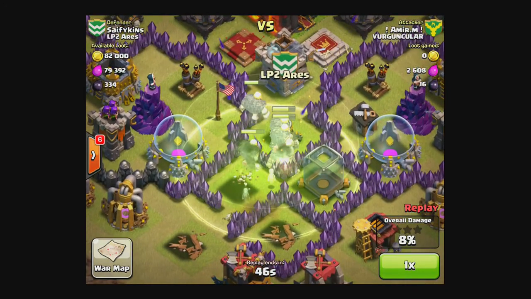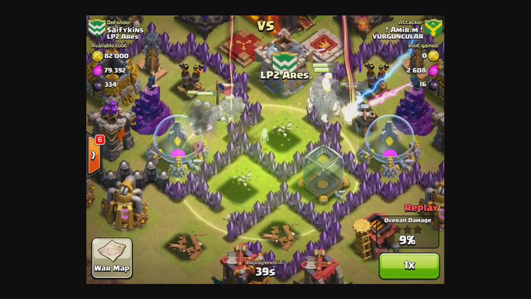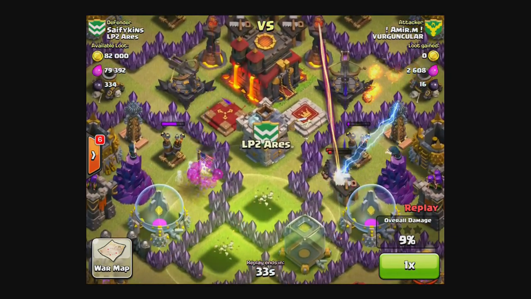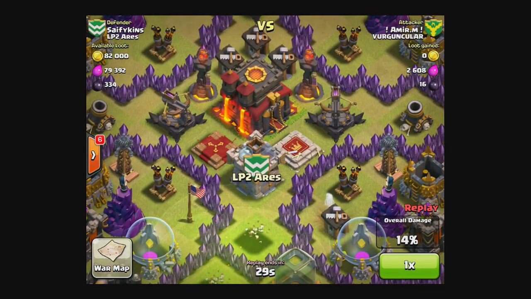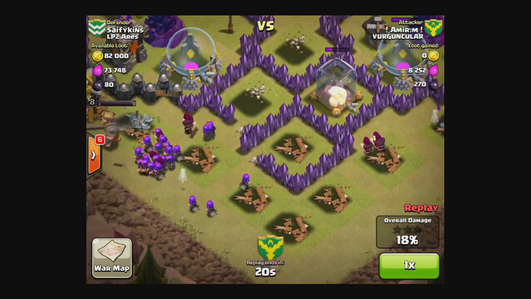So here he drops a jump spell, and his giants jump over and get into this compartment, which he could have just done using some wall breakers, saving himself a spell and using maybe a freeze spell to freeze the Infernos and Eagle, which are all tight together. I don't know why you wouldn't want to do that anyway. But yeah, he loses them, and then he's going to drop his king down here